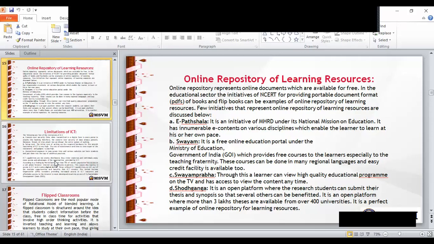A few initiatives that represent online repositories of learning resources are discussed, like e-Pathshala. We have listened much about e-Pathshala. Vidya Bharati also uses e-Pathshala, but it is another platform. This e-Pathshala belongs to NCERT, Government of India. It is an initiative of the MHRD under its National Mission on Education. It has innumerable e-content on various disciplines which enables learners to learn at his or her own